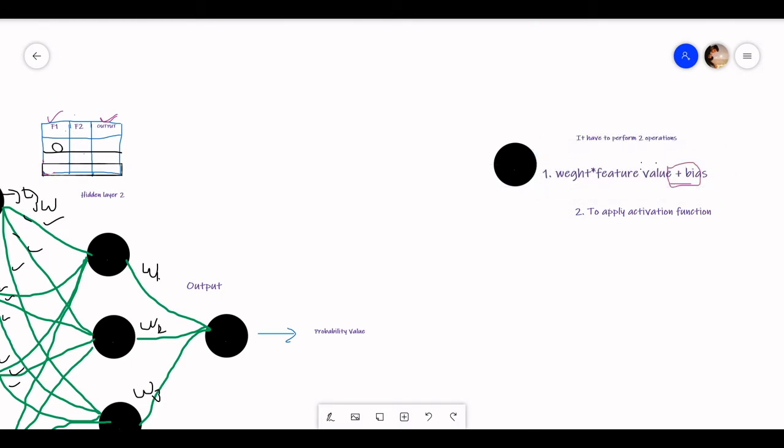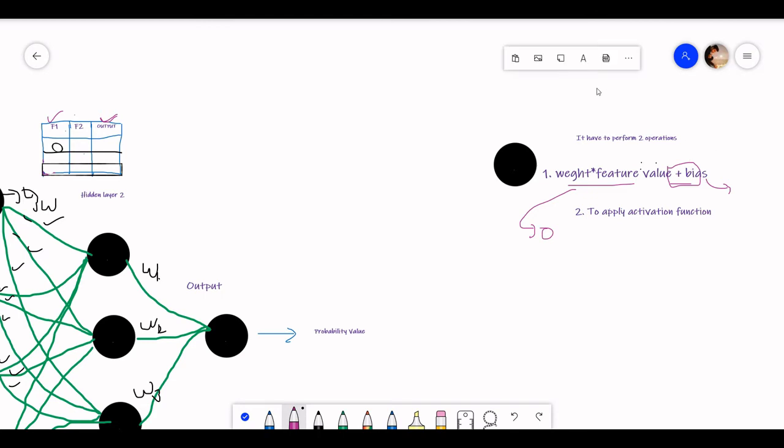Whenever our weight is multiplied with the feature value, it becomes 0. In our neural network, we can't have a value of 0, so this bias is added to prevent it from becoming 0. This bias will be a small value like 0.01 or 0.02. It can have any value, but it will always be a small value.